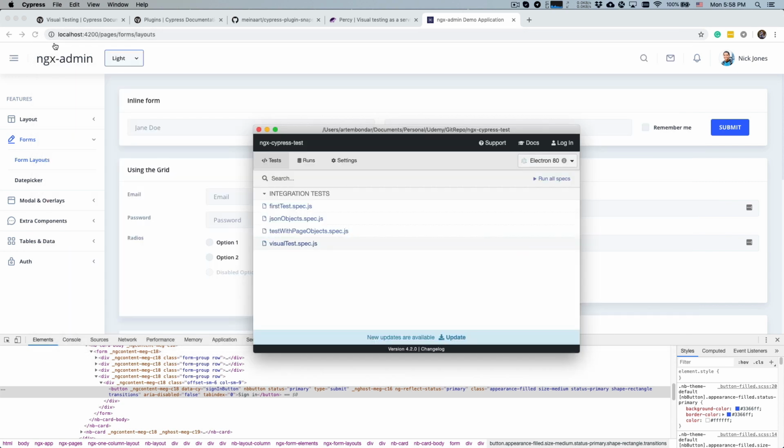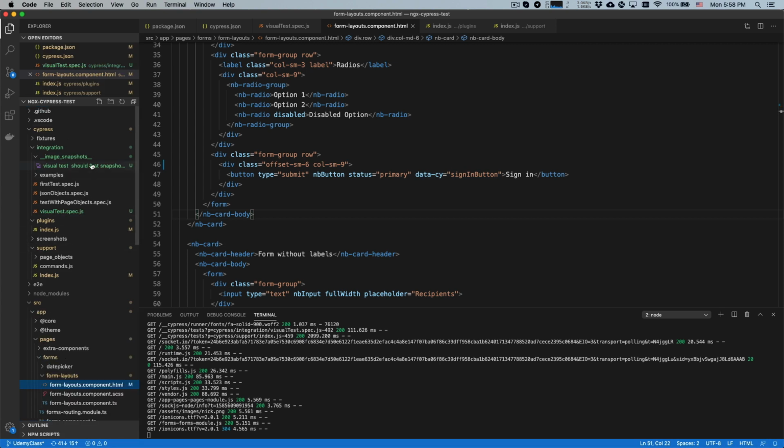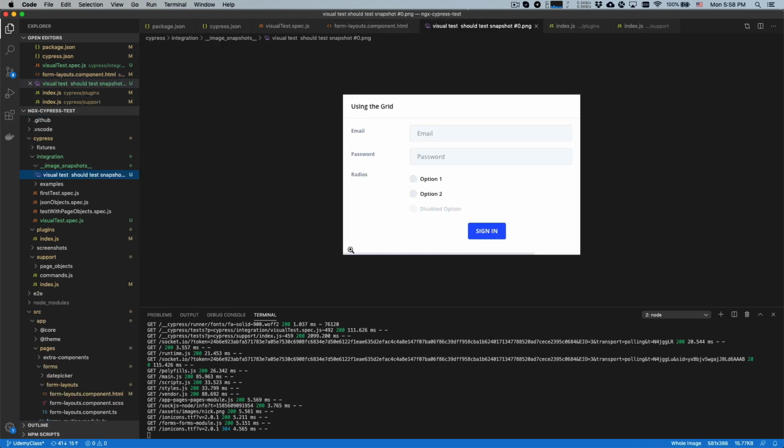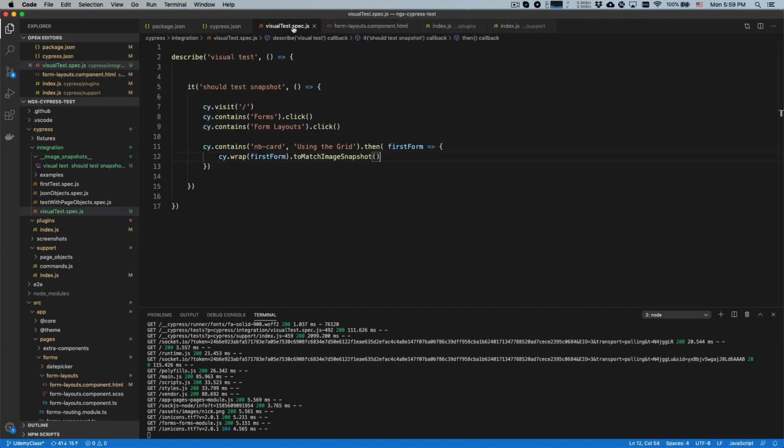And when we go back to our code, to our snapshots, we see that our snapshot folder was updated with a new image, which is the base image for future tests. In case you would like to make a snapshot of the entire page, you can use this command,